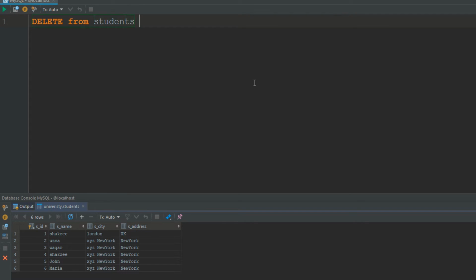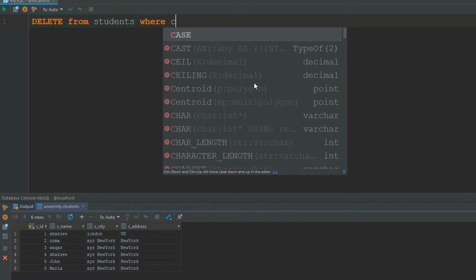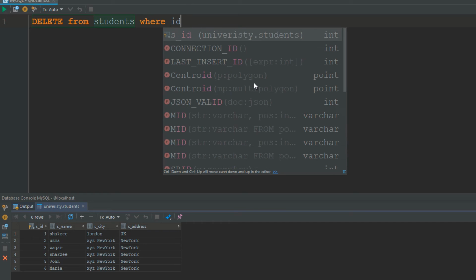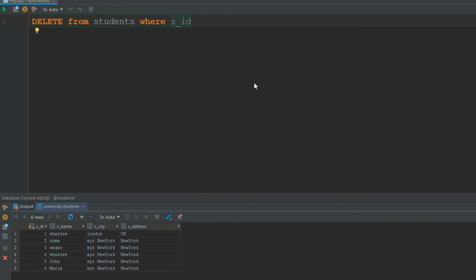Now the where condition goes here. I'm saying delete from students where SID equals 1. That means I'm going to delete a record from the table where the ID is 1.